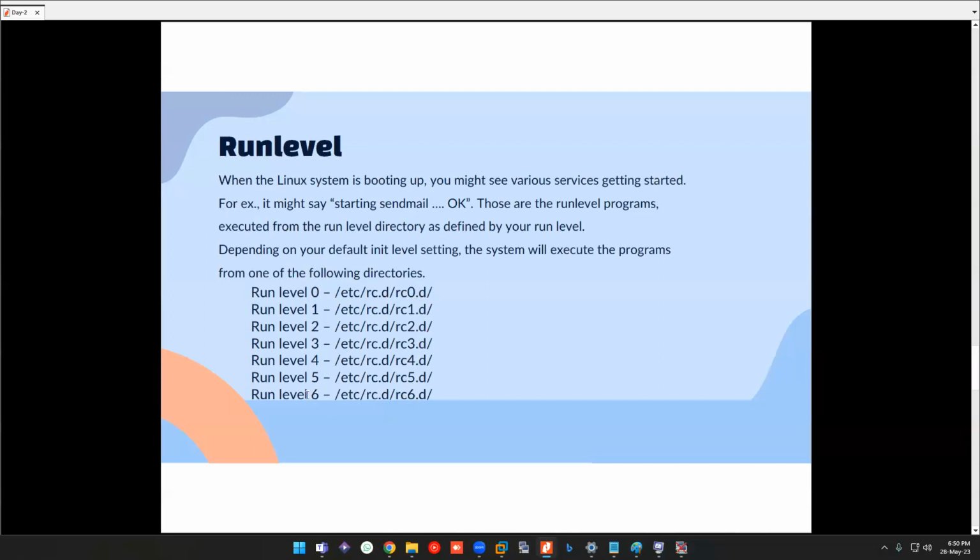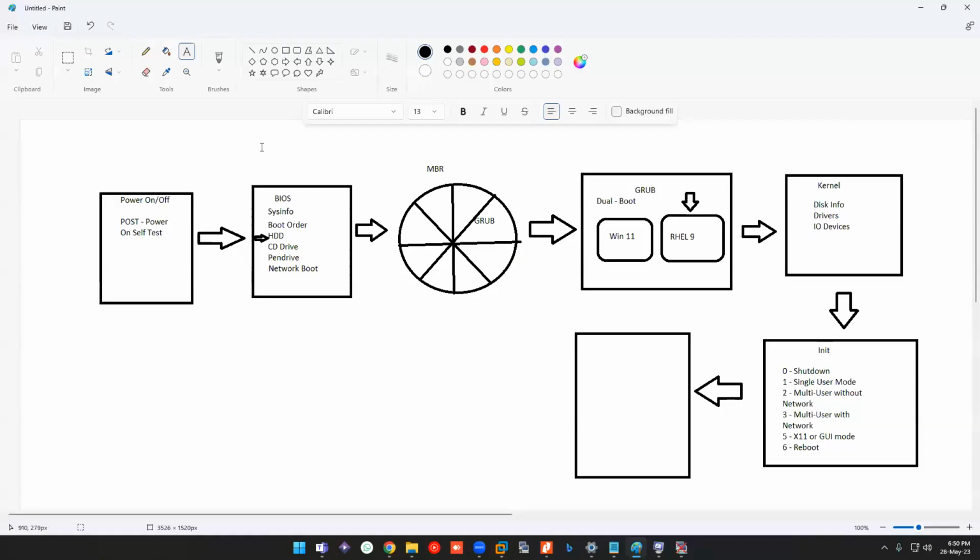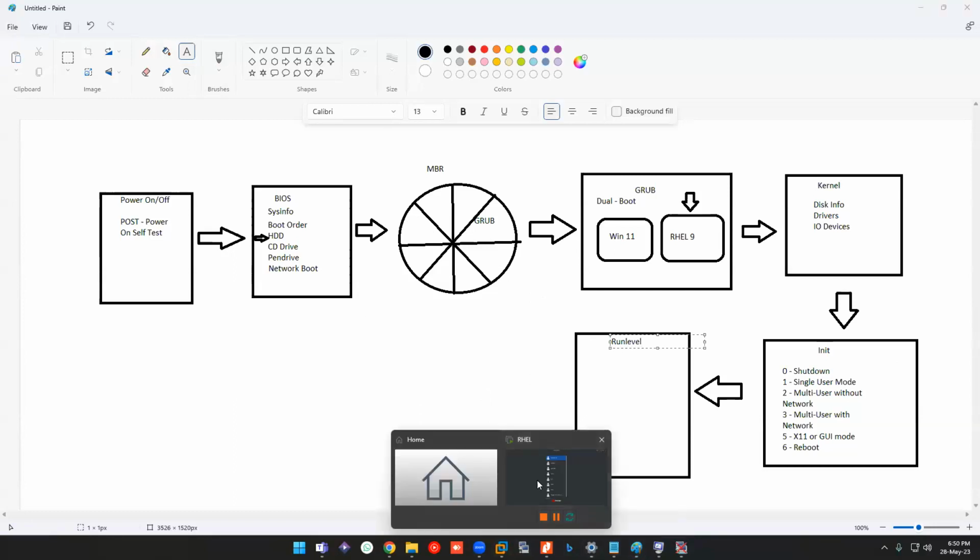The operations are the same. Let's say you have a startup health check that needs to be started every time you log into that machine, and it should send some mail or needs to be loaded. You will place that specific script over this path, and it will be loaded every time you connect to that specific run level, let's say run level 3. So that is your run levels. With that, your whole booting process is done, and after that you'll be seeing this screen.